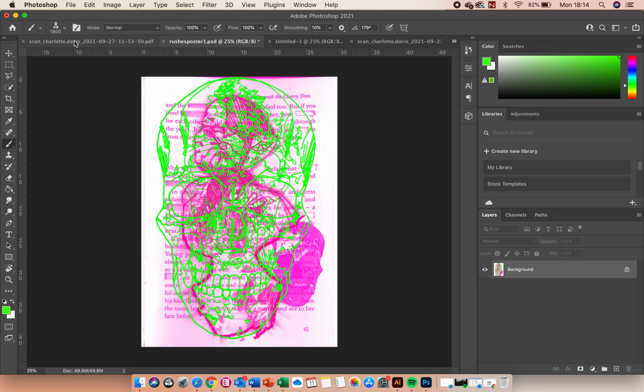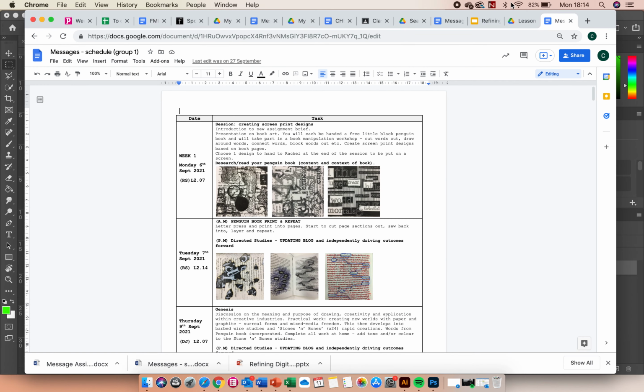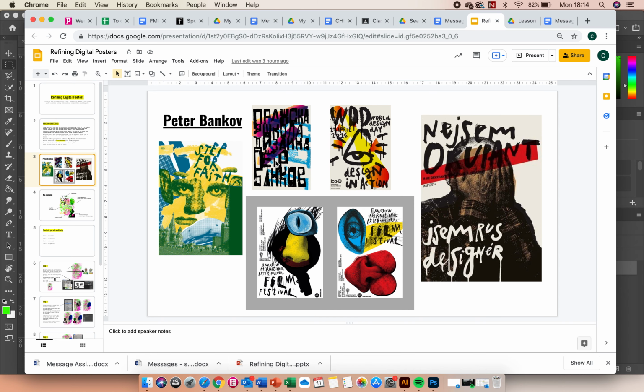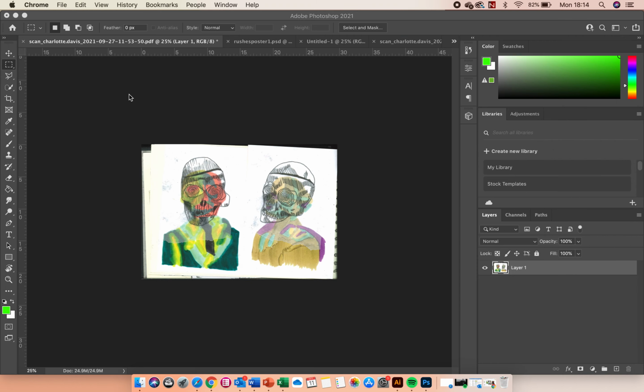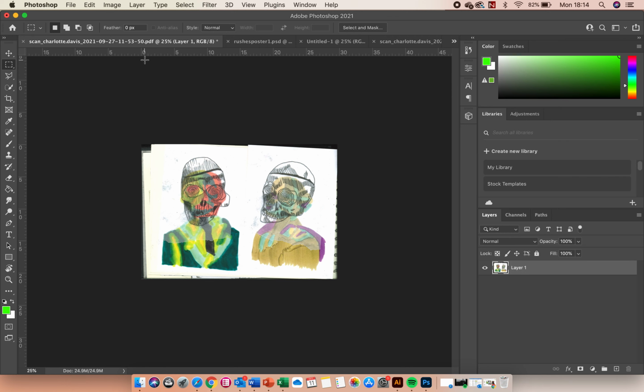Okay, so what I want you to do now, once you have got your brush designs, is, if I just find my presentation, we're going to be doing, in the style of Peter Bankoff, some black and white illustrative pieces with the colour blocks. So you're going to have your brushes layers open. Open up your scans and you're going to go to